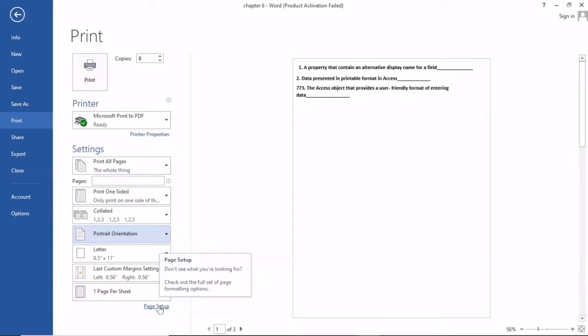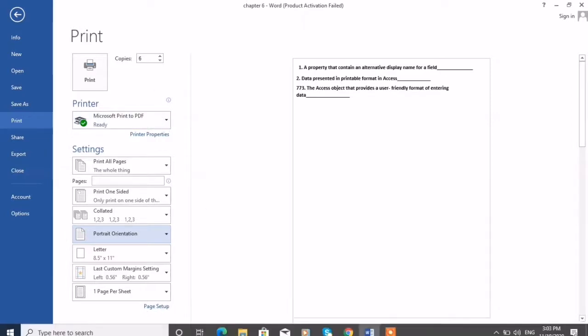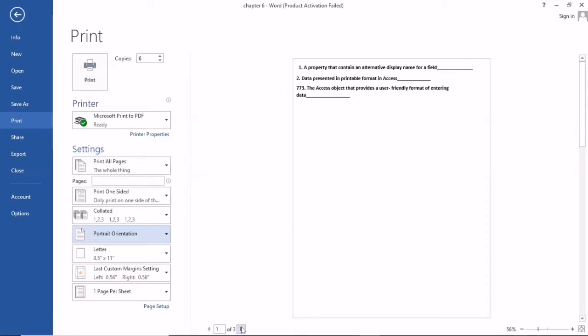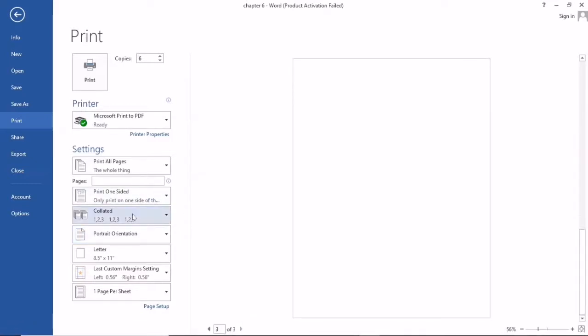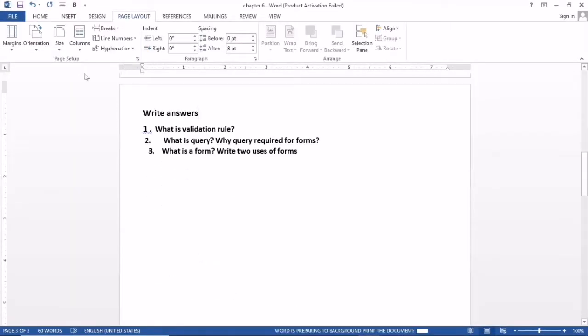After this you click, and you can see the pages here, and however many copies you apply all appear here, like 2, 3, 4. For example, 3 copies collected, like 1, 2, 3, collected or uncollected, whichever type you want. First you set all of these things, and then you must be sure that your computer is connected to the printer and your printer is on. Then after this click OK, then you can click on Print, and after this you can get the print of this.